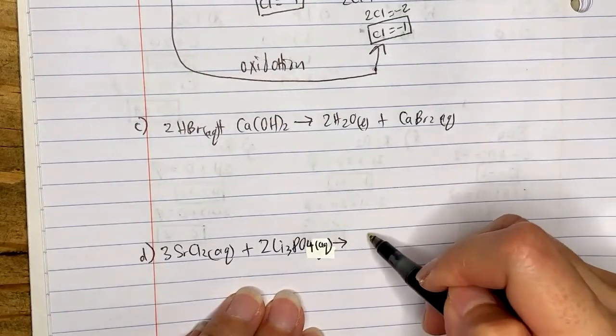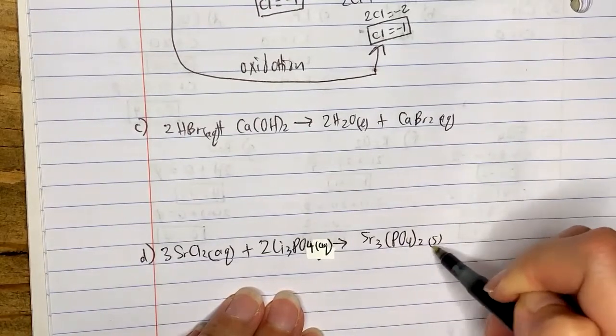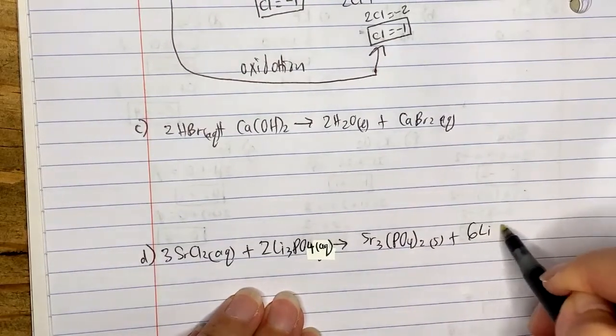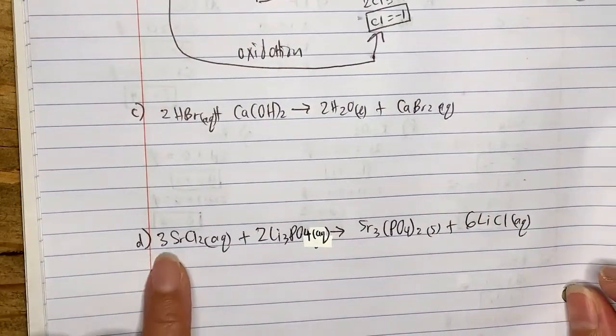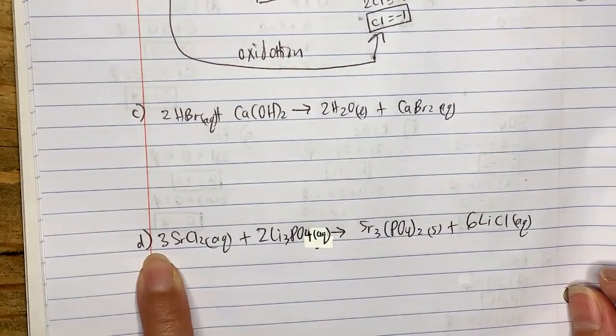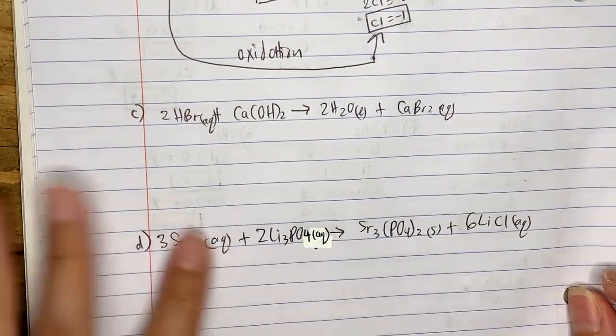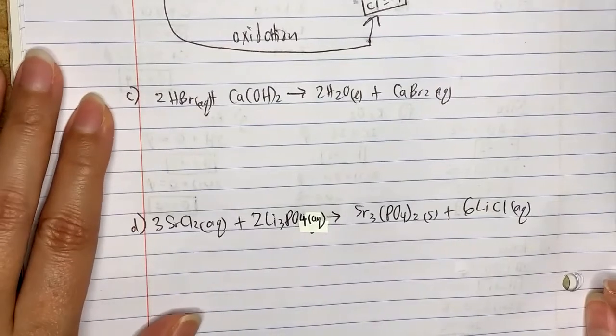And then Sr3(PO4)2 plus 6LiCl. Okay, this one here is what? This is acid base. This one here is precipitation, okay? So if you did all of these guys, oxidation states, you'll be like,